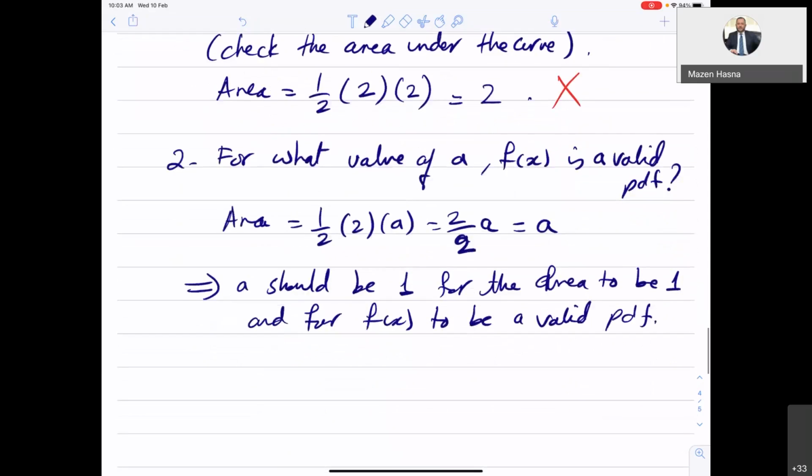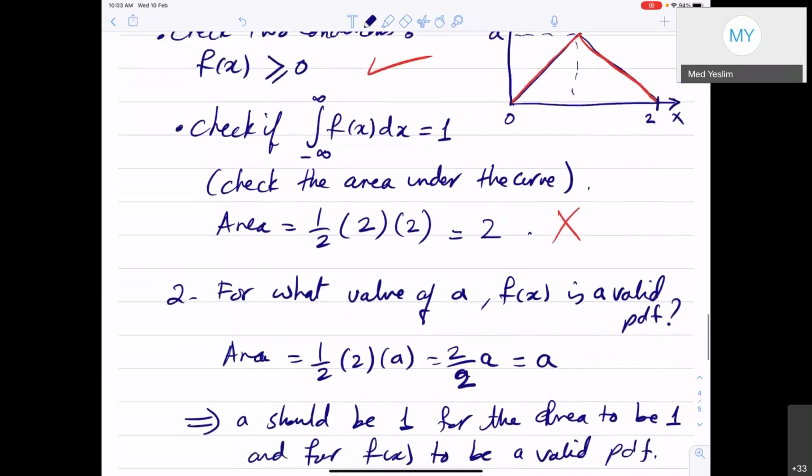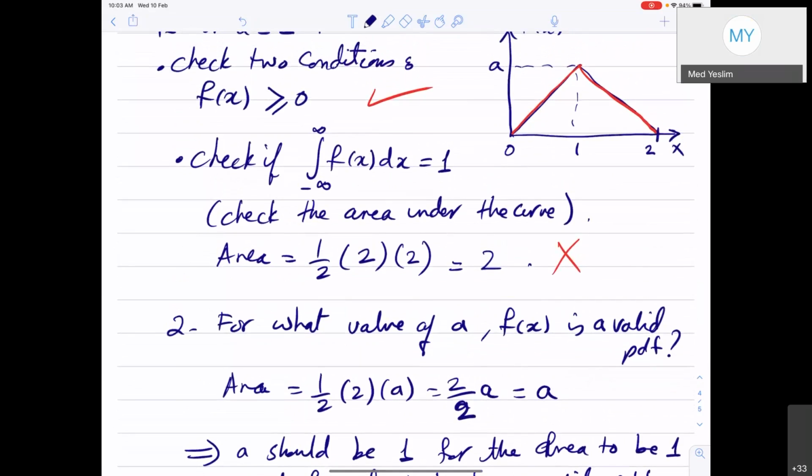I also can ask you, what is the probability that x is less than 1? What is the probability that x is less than 1? 1/2. Yeah, by inspection, you can right away say it's 1/2, because this is a rectangle, and half of the area is